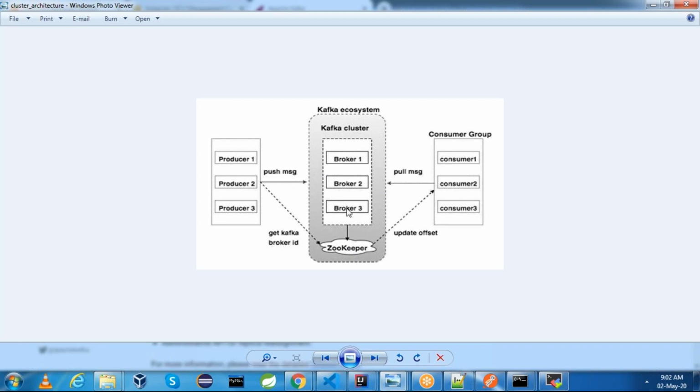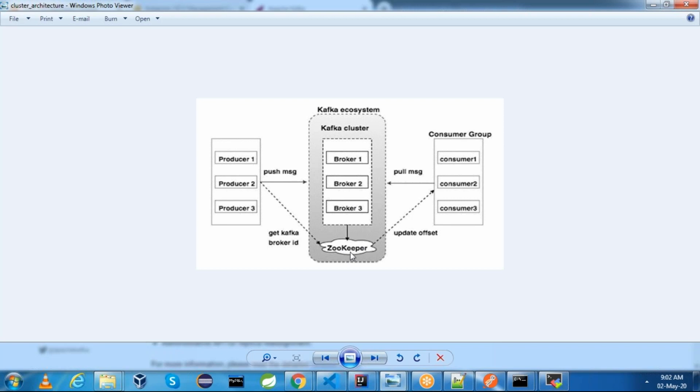Broker: a Kafka cluster typically consists of multiple brokers to maintain load balance. Kafka brokers are stateless, so they use zookeeper for maintaining the cluster state. One Kafka broker instance can handle hundreds of thousands of reads and writes per second, and each broker can handle TB of messages without performance impact. Kafka broker leader election can be done by zookeeper. If you have multiple brokers, who is the leader will be decided by zookeeper.